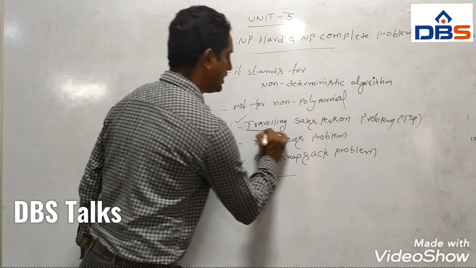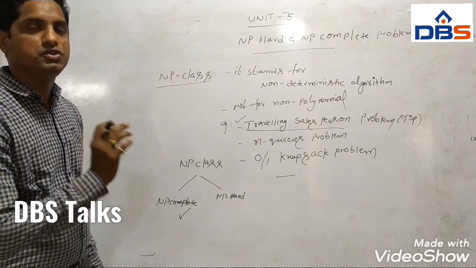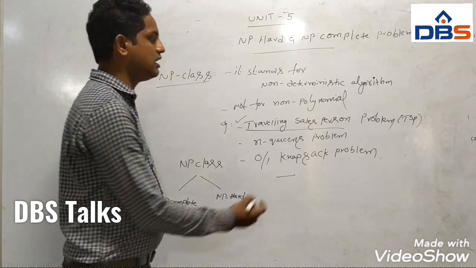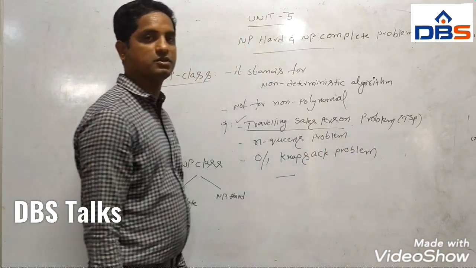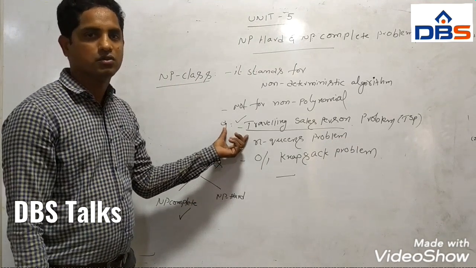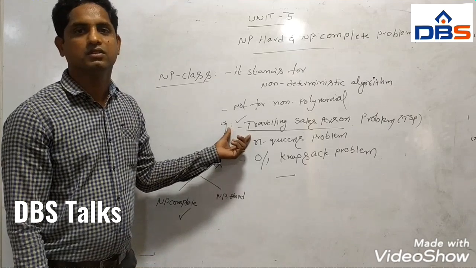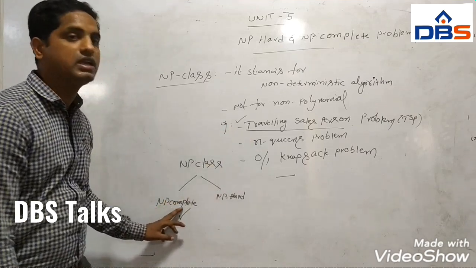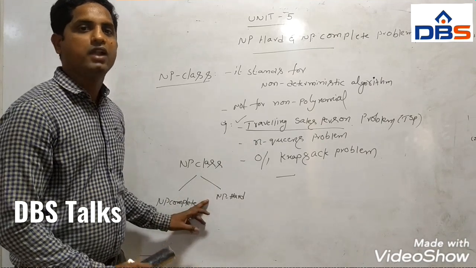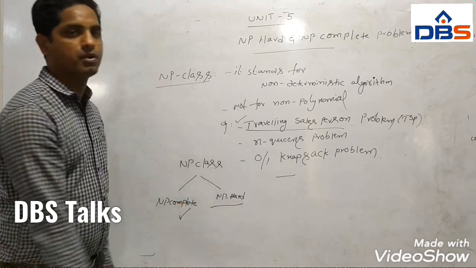Simply see, you can use the traveling salesperson problem. We can get a solution using different types of algorithms. Then it is called a traveling salesperson problem, that is, to get a solution using certain algorithms. That is called the NP complete problem. If we do not get the result using certain algorithms, that is called an NP hard problem.